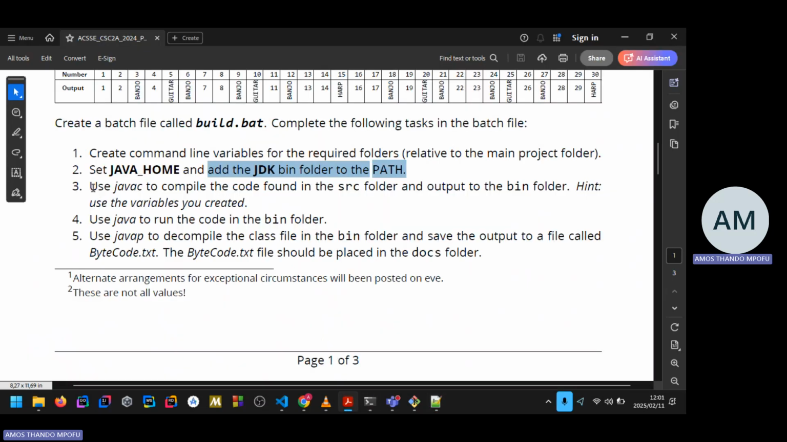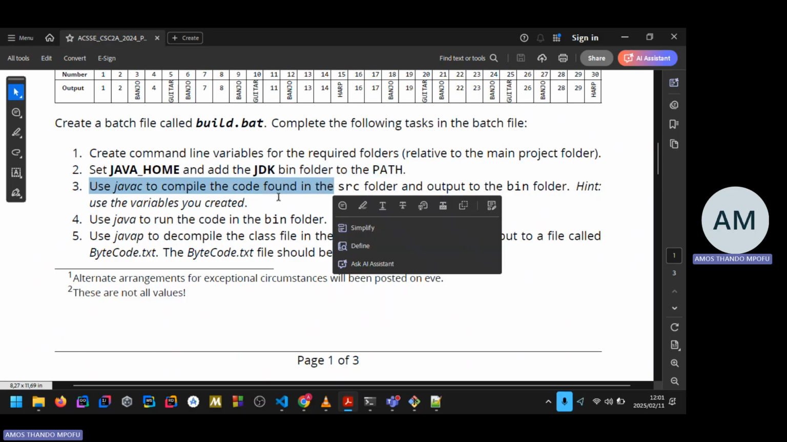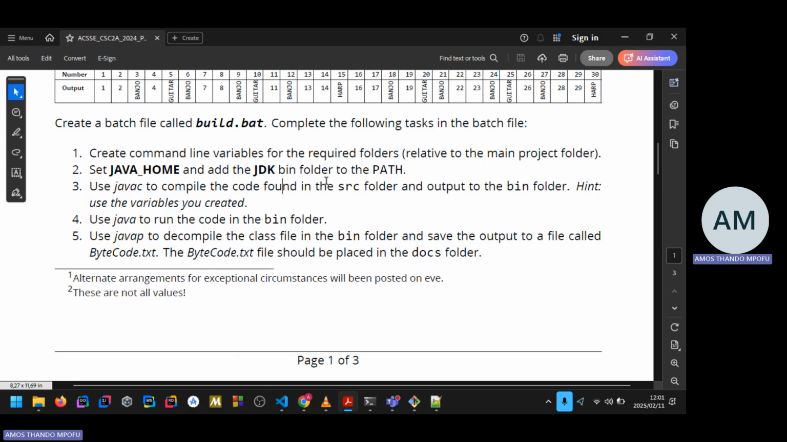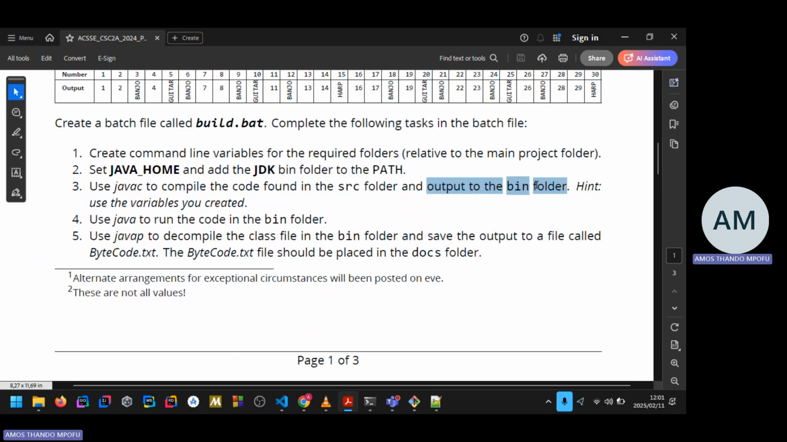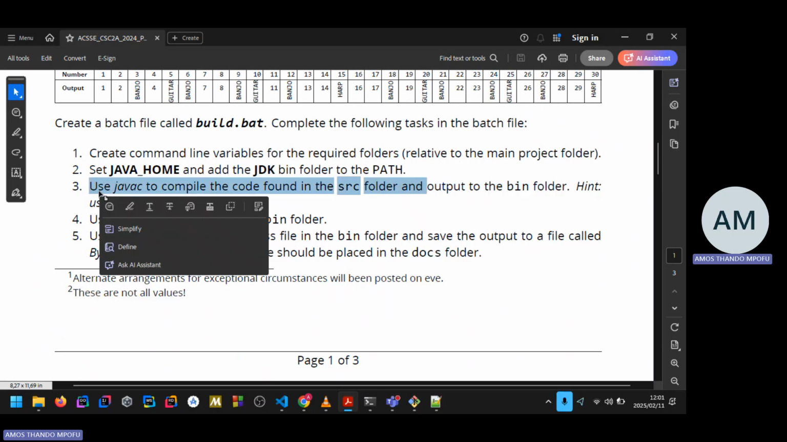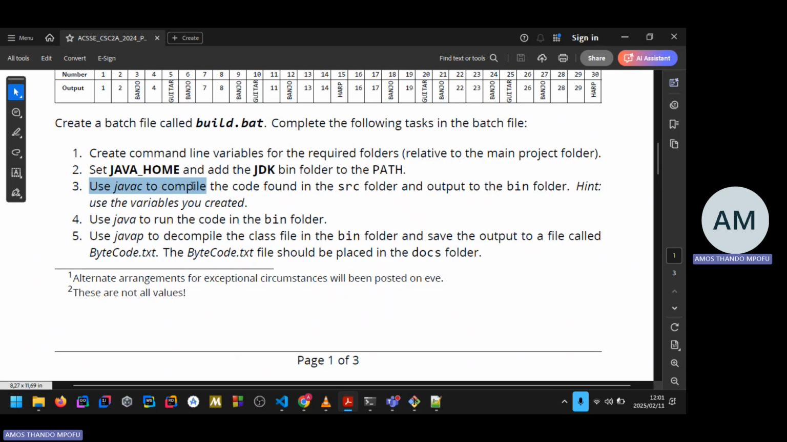So we did that and then use the Java source code to compile the code found in the source folder, and output to the bin folder. So what you're supposed to do is compile. You need to read step by step. They are telling you to use the javac command, or program, to compile whatever is stored inside the